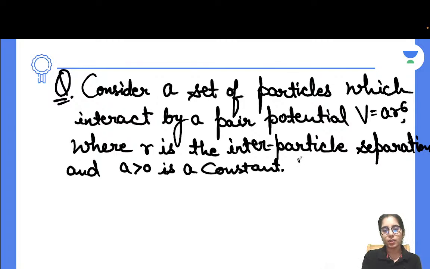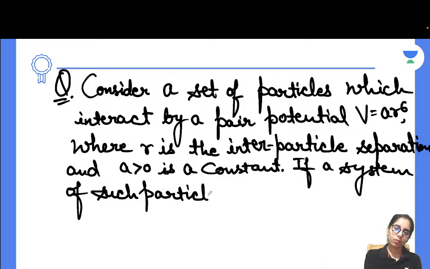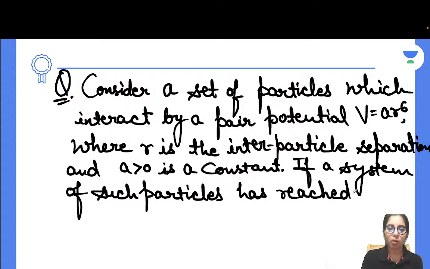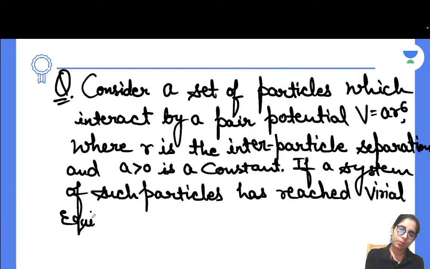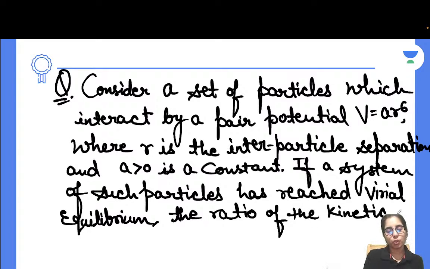If a system of such particles has reached, here is a hint now, let's see how many of you are gonna catch it, virial equilibrium, the ratio of the kinetic to the total energy of the system is